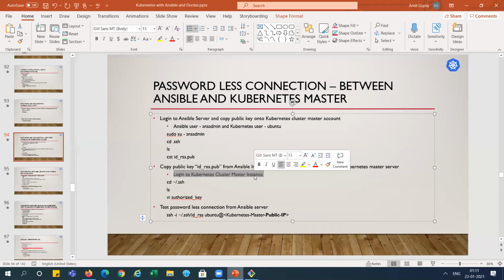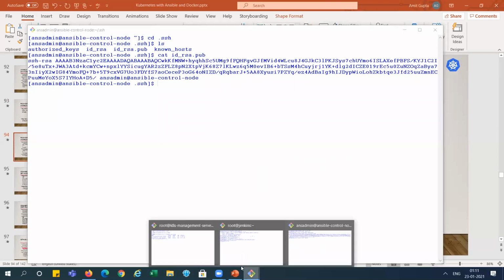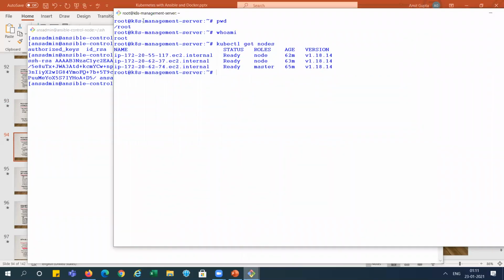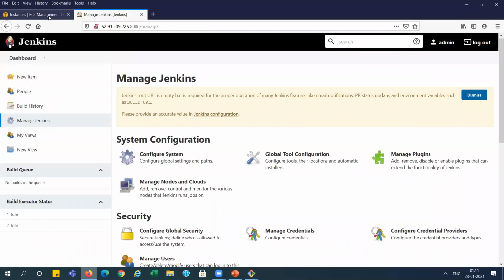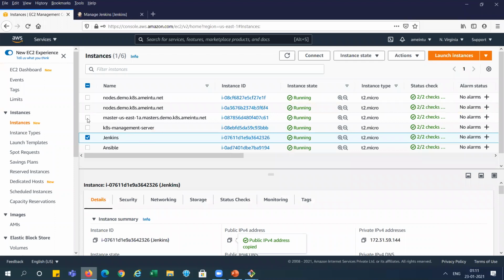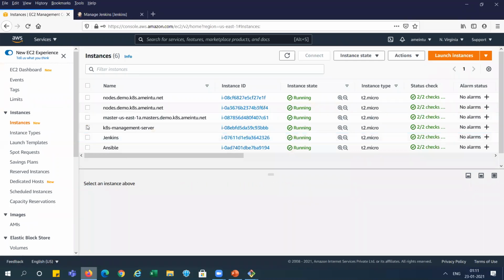How can we log in with the Kubernetes master server? We can go in multiple ways, right? Currently, we have connected with the K8 management server.